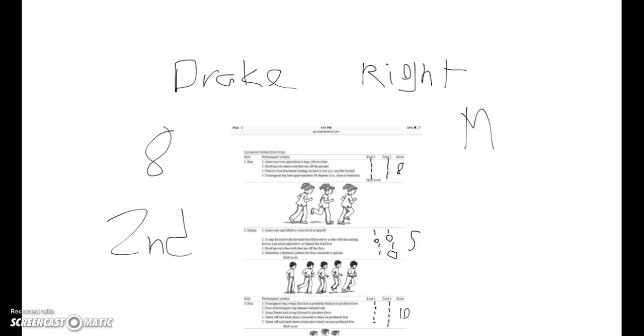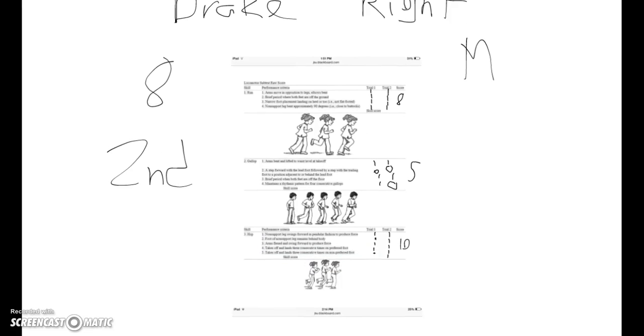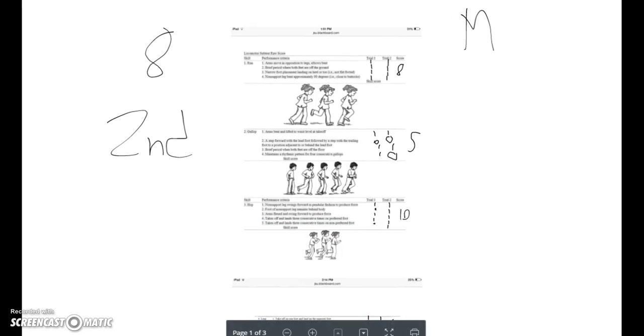Now, for the last part of this screencast, we'll review the rubric for each student. This was a second grader. This is Drake. He's 8 years old, as you can see, right-handed. He's a male. For his run, he scored an 8, which means for each 4 points in both trials, he